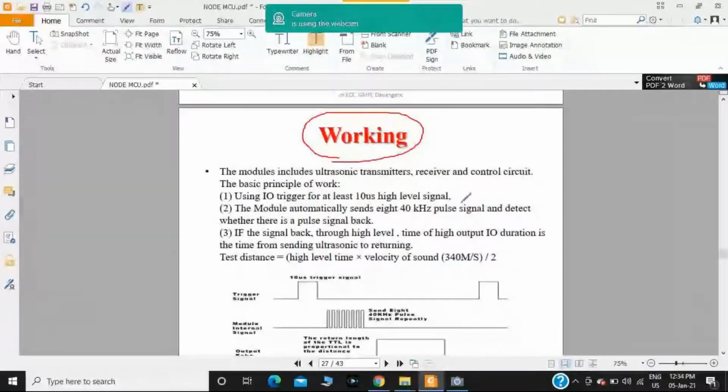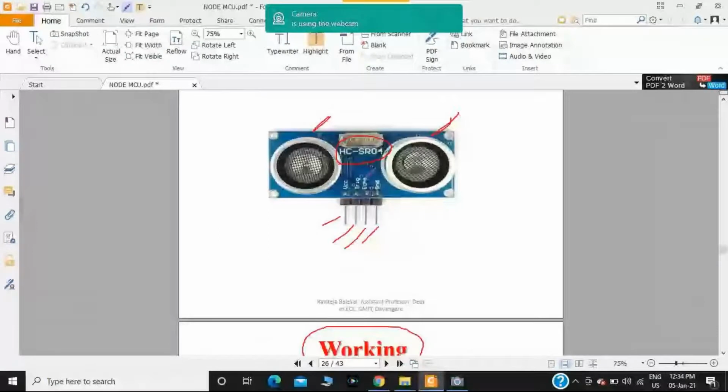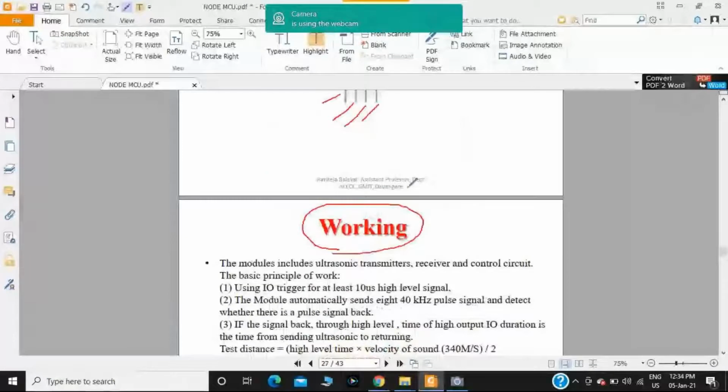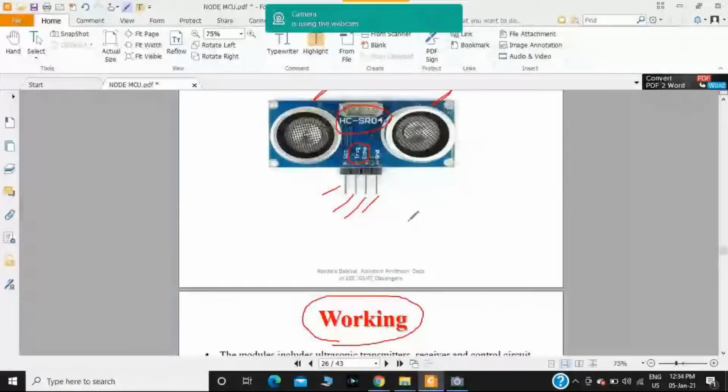What is the role of these two pins, the trigger pin and the echo pin? As you know, the Doppler effect. If this is the sensor and this is any kind of object, and I send a sound wave from the sensor, it is going to be incident on the object and reflect back.